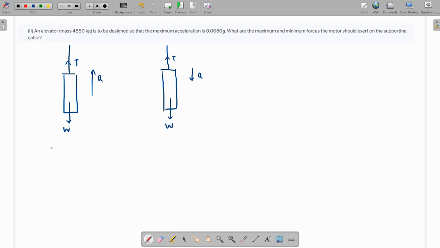Let's talk about case one. In case one, if you make the equation of motion, that's going to be T minus W is equal to the mass of the elevator times the acceleration. So the tension, which we have to find, is going to be W plus MA. Now, for the tension to be maximum,